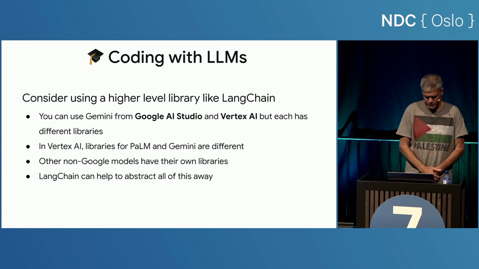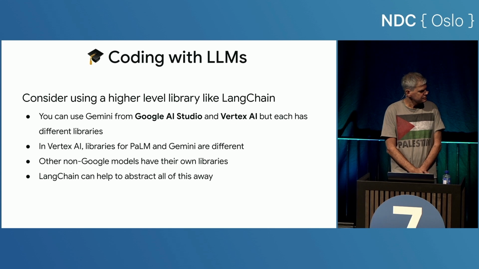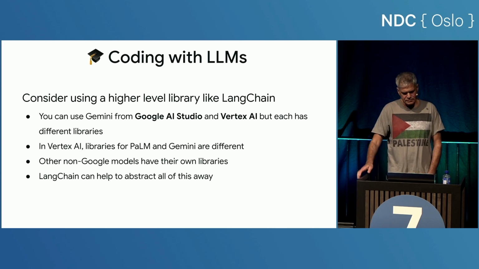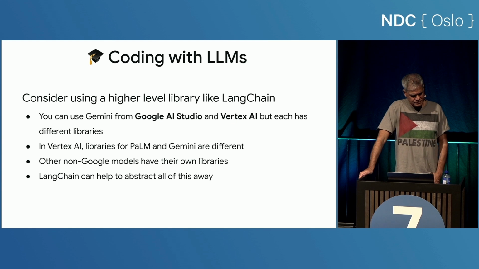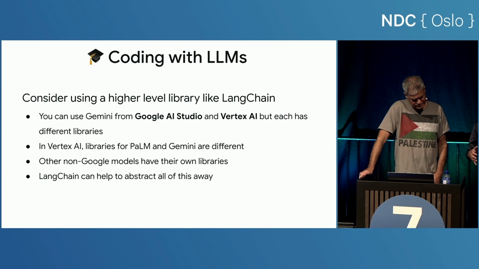Yeah, and I should add here, I'm a library purist, meaning I like to use the library of the service without having to use something like LangChain, for example, because I feel like that introduces another level of interaction. So that's why we started with the actual libraries of Vertex AI. But then when I see that different models end up having different libraries within Google, and then if you want to use OpenAI stuff, they have their own libraries, but at the end of the day, you're doing similar things. That's when I started switching to LangChain, because it gives you this high-level kind of interface that works with a bunch of different places. So my idea changed, and now I kind of prefer LangChain because they have the right level of abstractions.